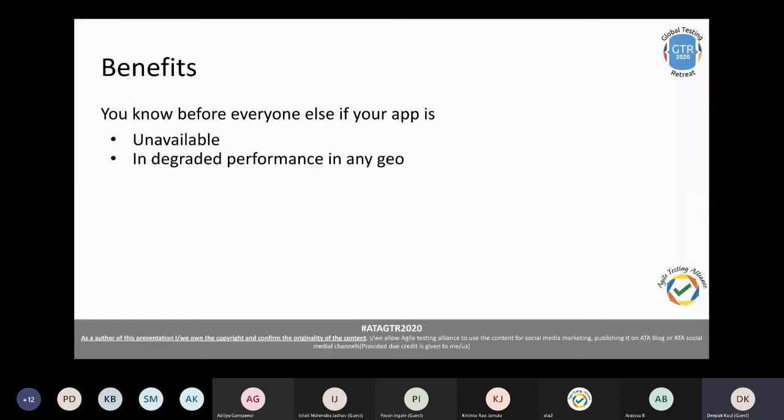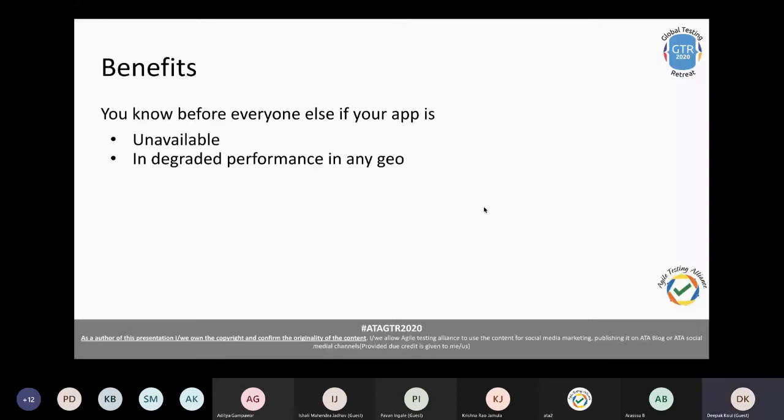So we got alerted and we made some necessary fixes, or we wrote banners on our application saying that our application is probably facing some performance degradation in this geo. If you belong to this geo, then you might see some performance degradation by the time. So it gives you, as a software vendor, the chance to become slightly proactive instead of reactive in determining the problems and getting to their solutions.